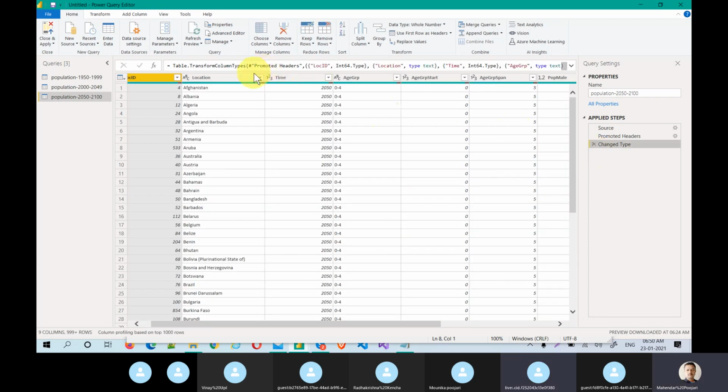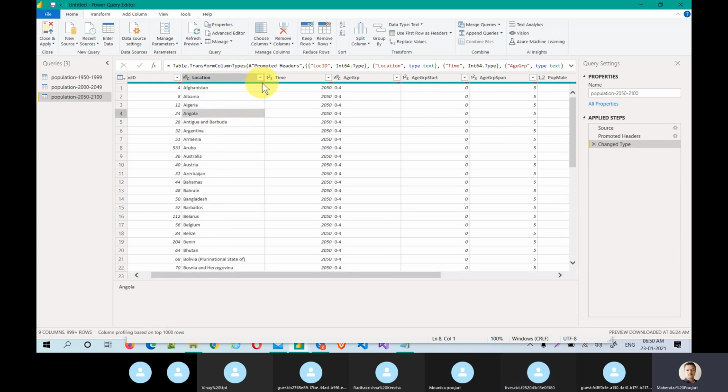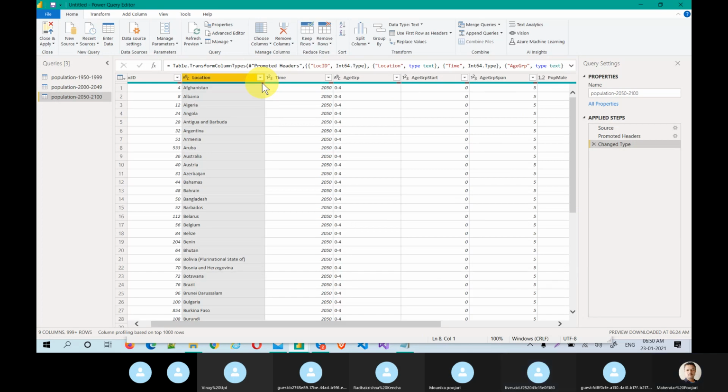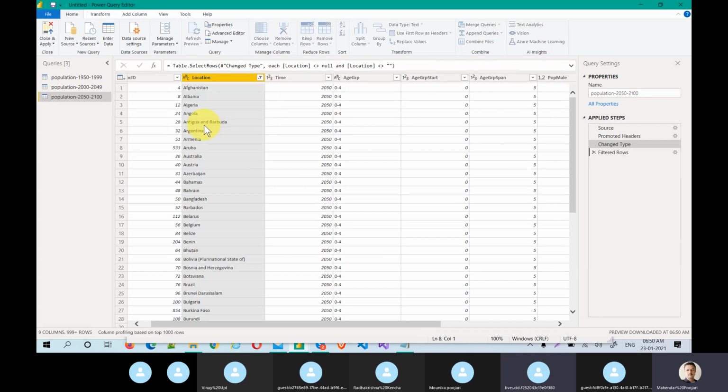I can directly delete here also, remove empty records. Let me go back. See, remove empty anywhere, because all are empty across all the columns. So anywhere you can go back and delete, remove empty. This will be perfectly fine.